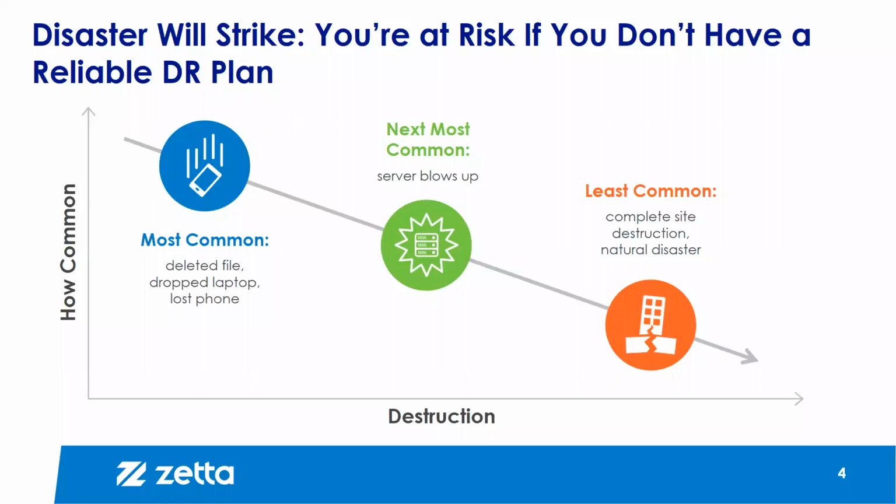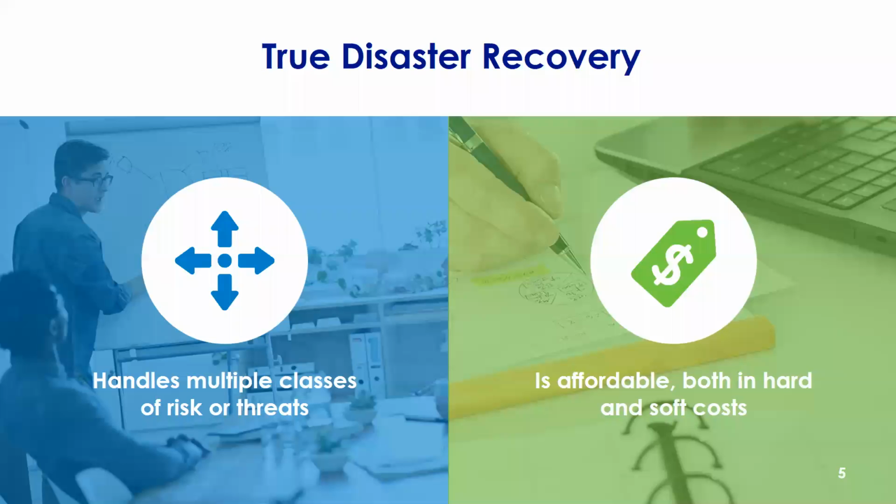That is more common certainly than the building burning down, but the least common scenario, complete site destruction. A lot of people think in terms of natural disaster, earthquake, fire, flood, that type of thing. Those are the most common for those complete site destruction scenarios, but there's also geopolitical risk. There's things like chemical spills that can happen if you're near railroad lines. There's regional power outages, and those are not the most common, but they are very, very impactful, even more so than a single server or a single laptop.